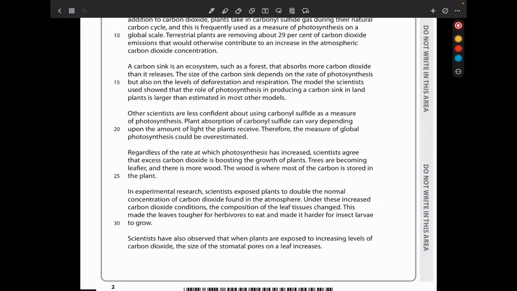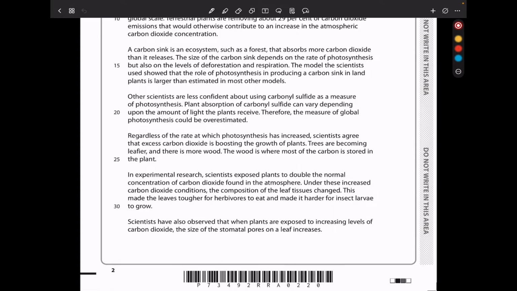Regardless of the rate at which photosynthesis has increased, scientists agree that excess carbon dioxide is boosting the growth of plants. Trees are becoming leafier and there is more wood. The wood is where most of the carbon is stored in the plant. In experimental research, scientists expose plants to double the normal concentration of carbon dioxide found in the atmosphere. Under these increased carbon dioxide conditions, the composition of the leaf tissues changed. This made the leaves tougher for herbivores to eat and made it harder for insect larvae to grow. Scientists have also observed that when plants are exposed to increasing levels of carbon dioxide, the size of the stomatal pores